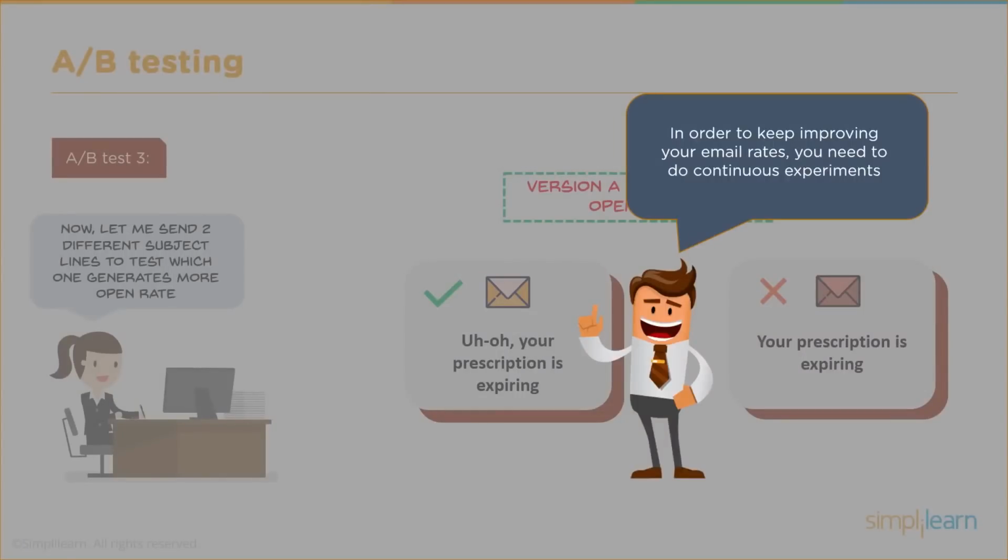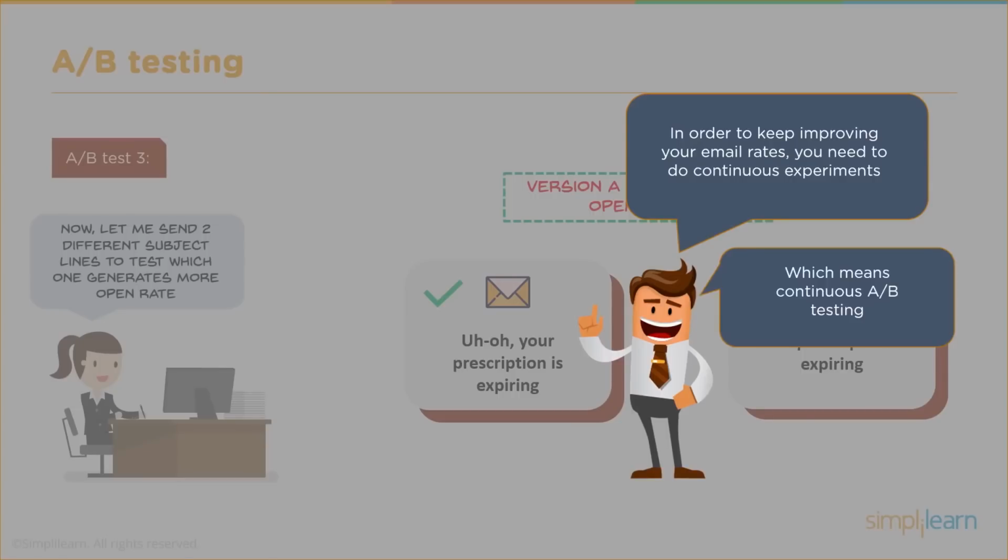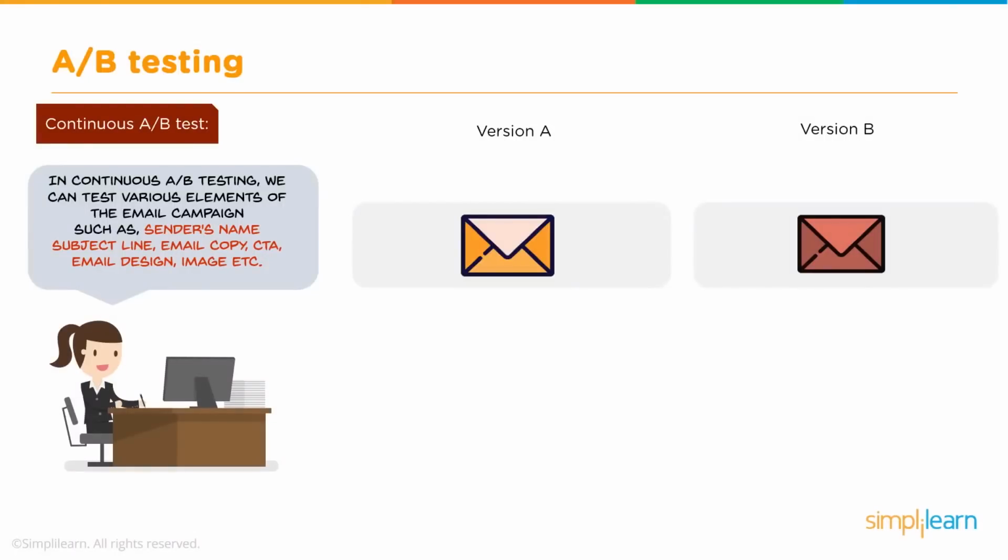So in order to keep improving those open rates, you should always do subject line testing. Always. Because one subject line is always going to have a better open rate than the other. So always do A/B testing when it comes to subject lines and email content for that matter. Okay. So we're always going to do